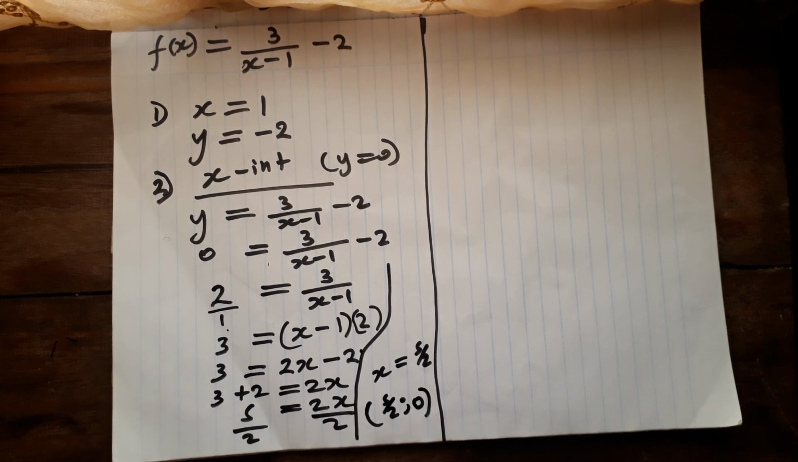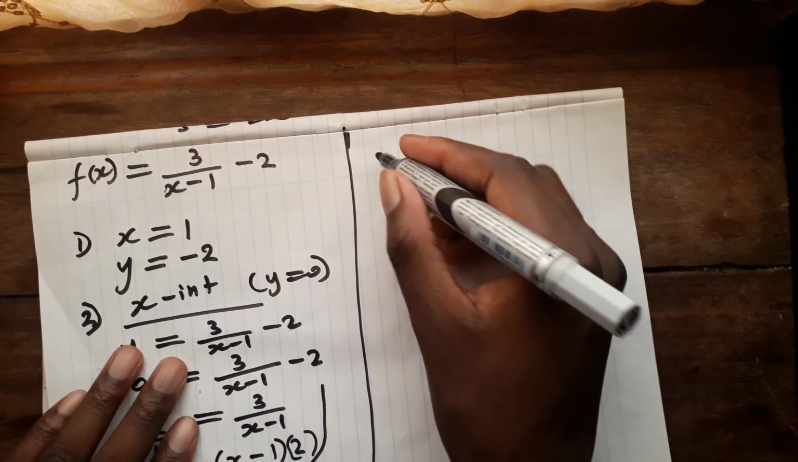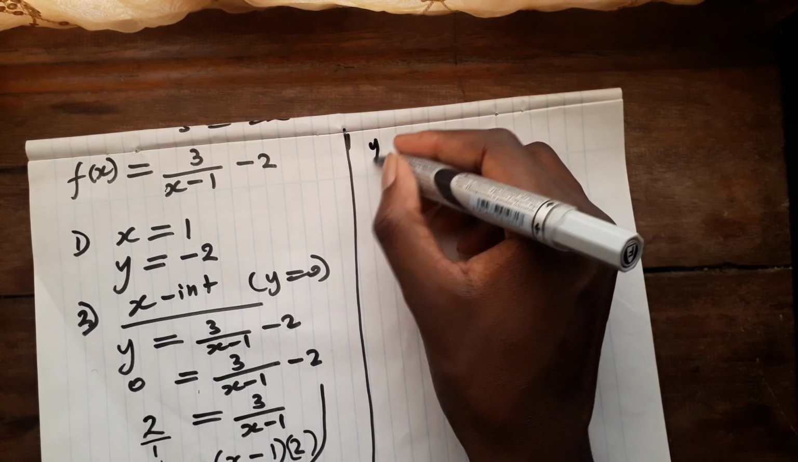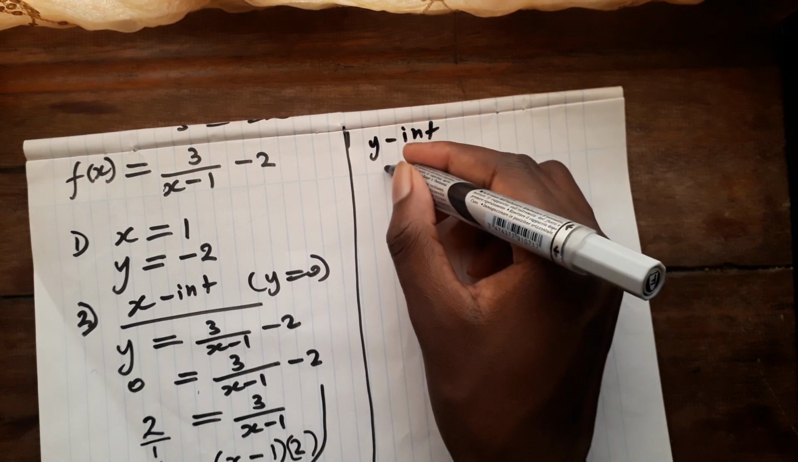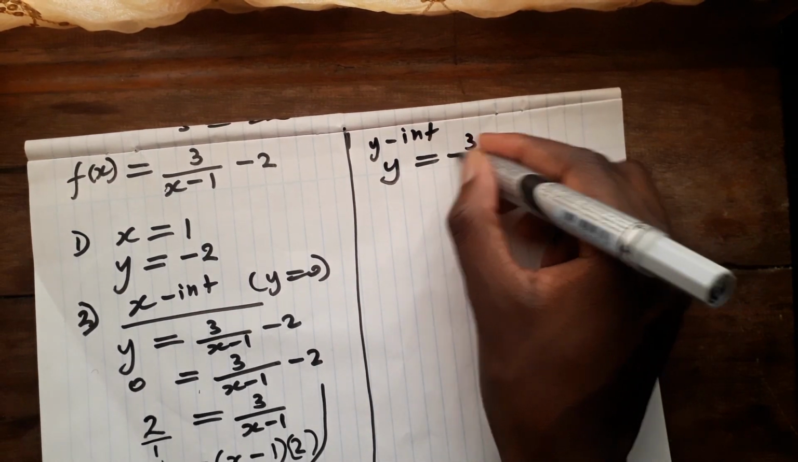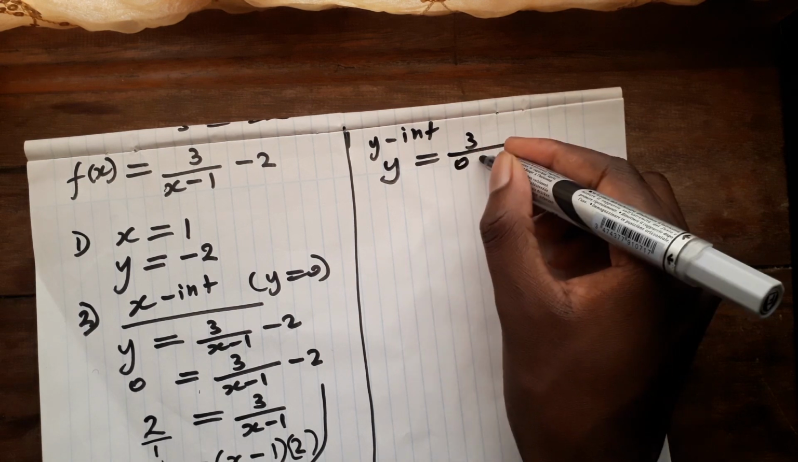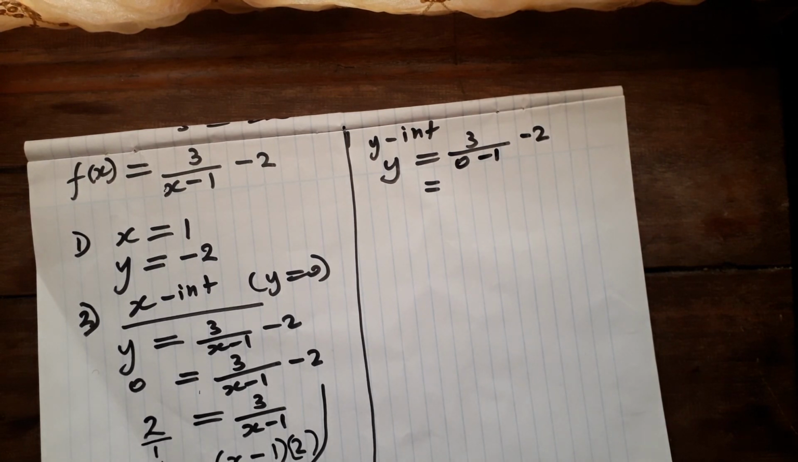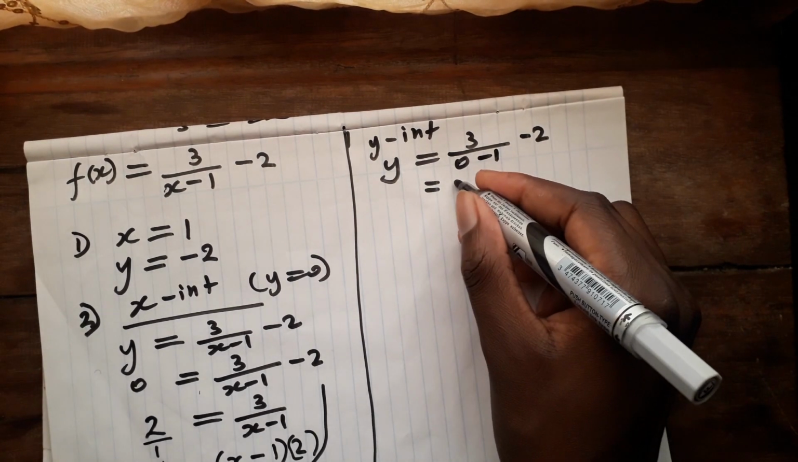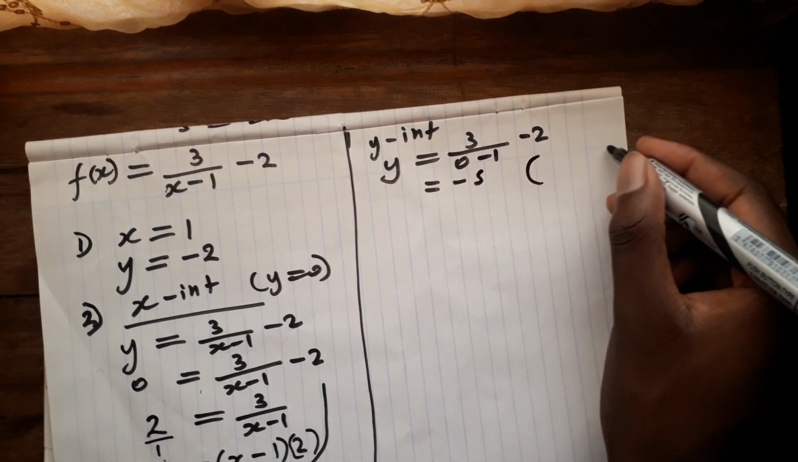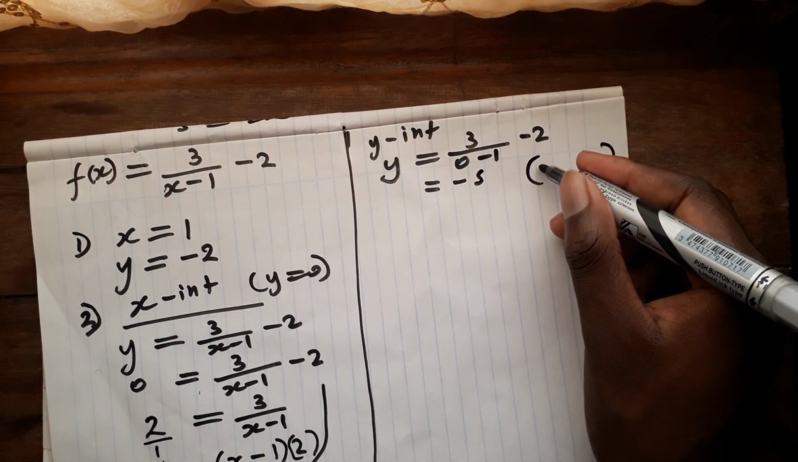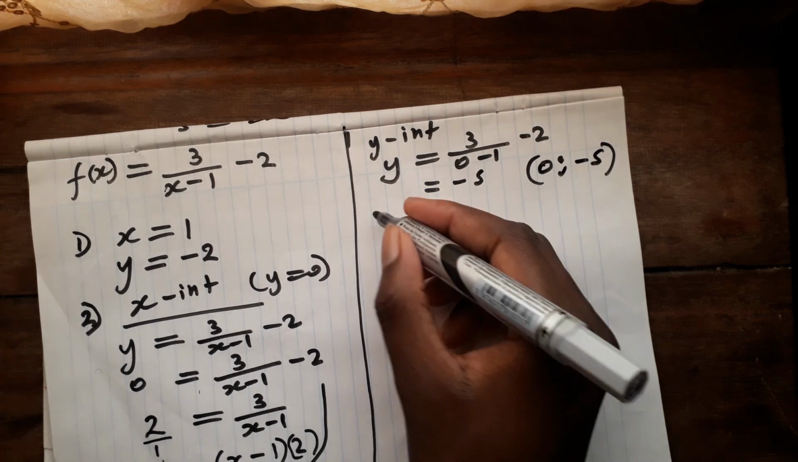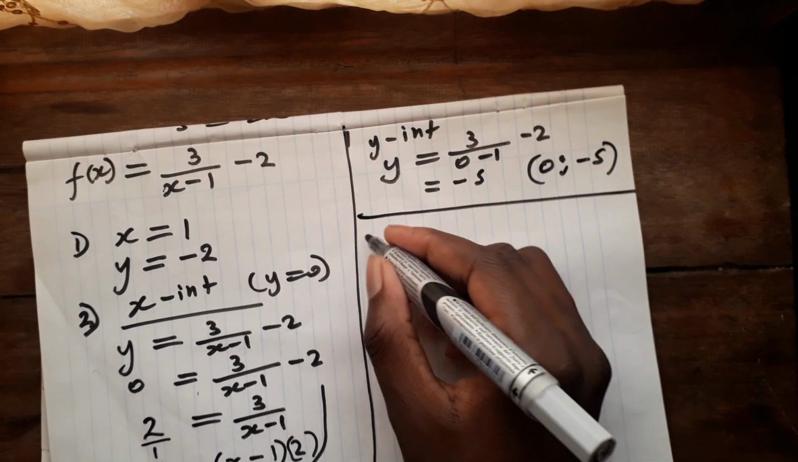Then the y-intercept. For the y-intercept, we must let x equal 0. So we're going to say y equals 3 divided by 0 minus 1, minus 2. And this is going to give you negative 5. So the coordinate of the y-intercept is 0, negative 5. Okay. We go to the third question,